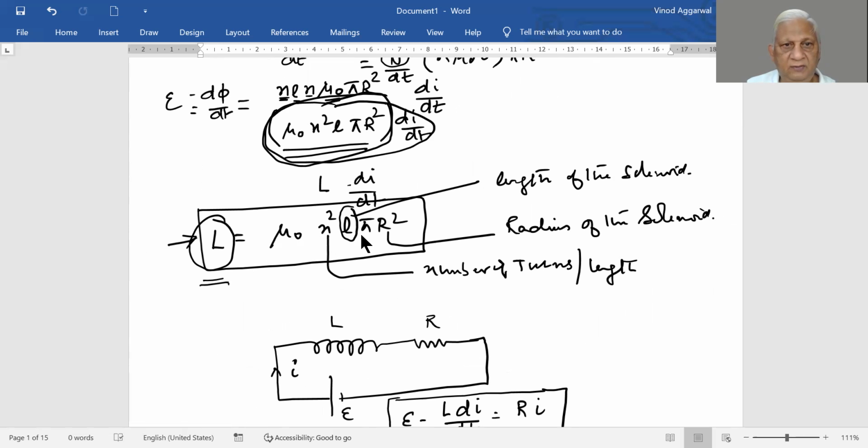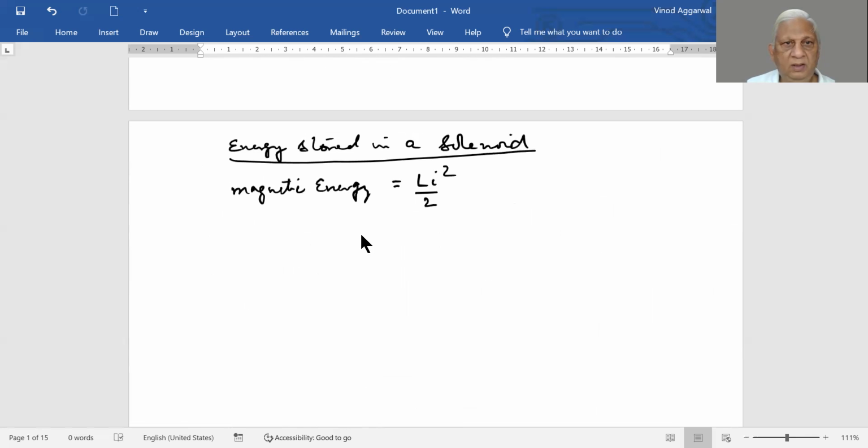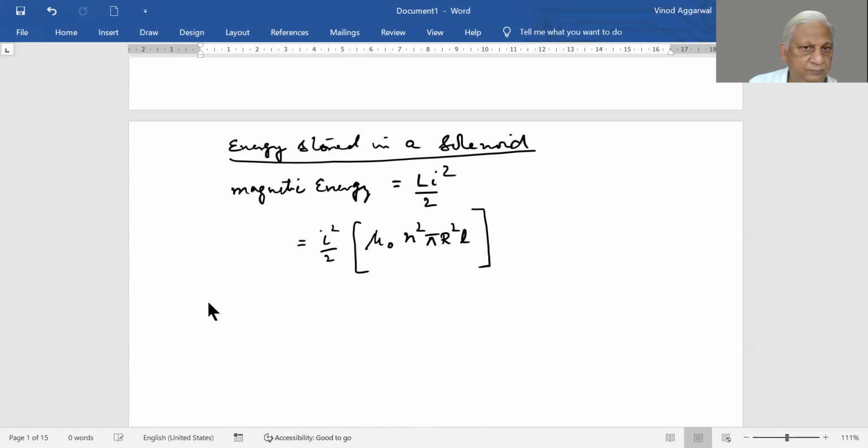So taking this value from here and putting it in this equation, it will become mu0 n square pi r square l. This is equal to,